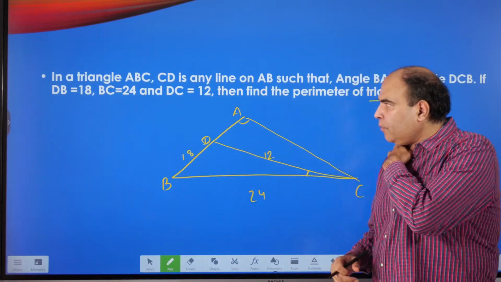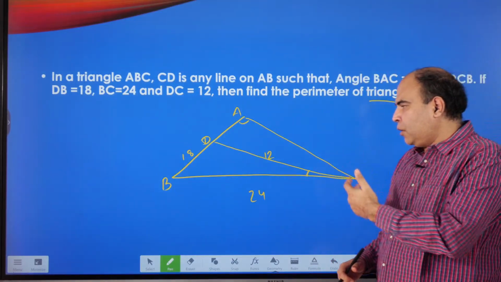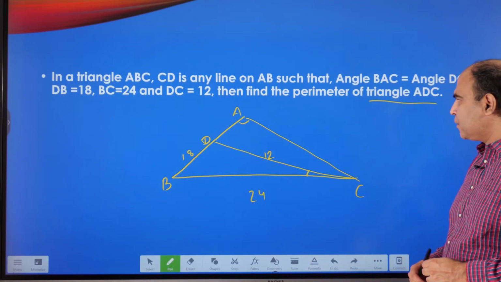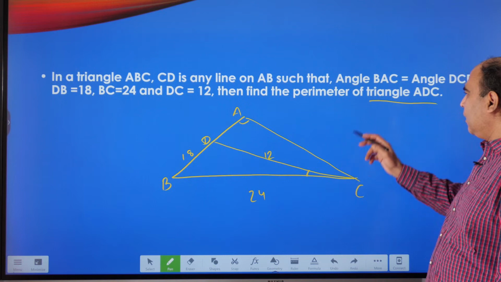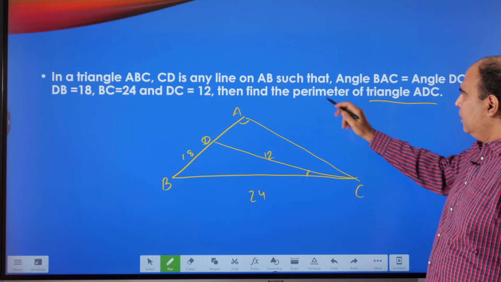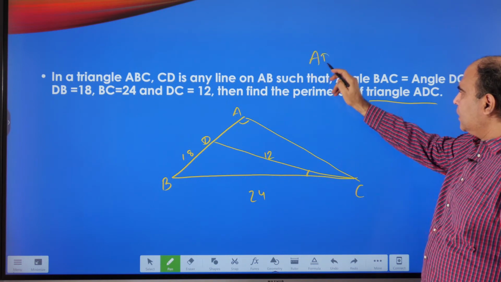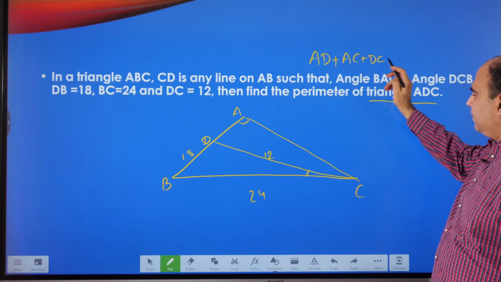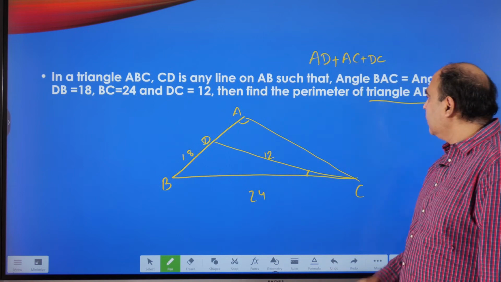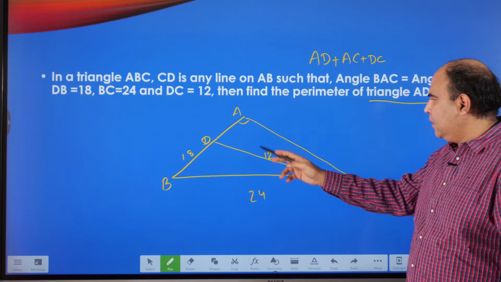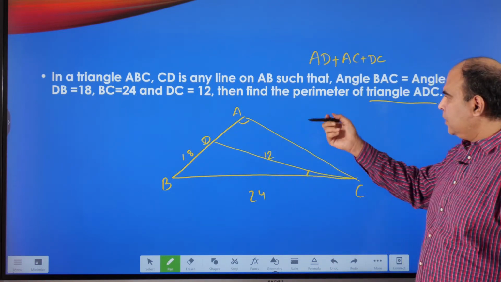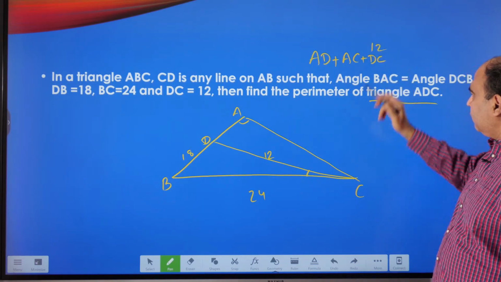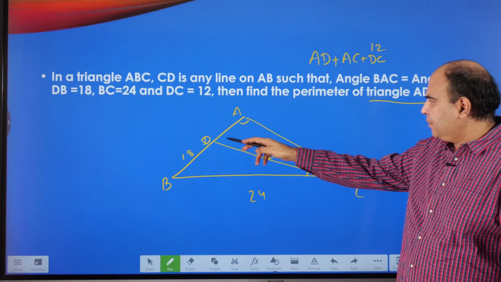So if you can't see what to do in this question, the process to think could be, if I use reverse flow charting, I can think that I want the perimeter of ADC. So basically the perimeter of ADC is AD plus AC plus DC, right? ADC का perimeter चाहिए AD plus DC plus AC. So मुझे AD तो पता है, DC तो पता है कि this is 12, तो मुझे AD और AC निकालना है,